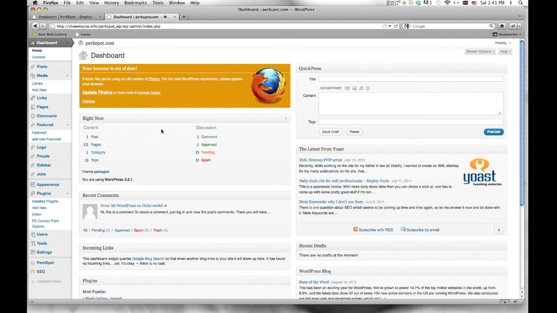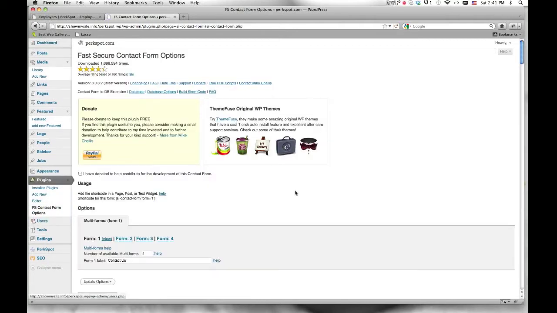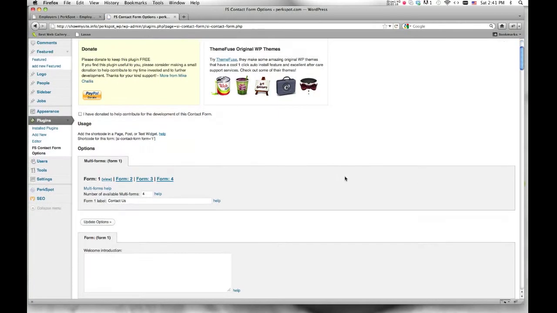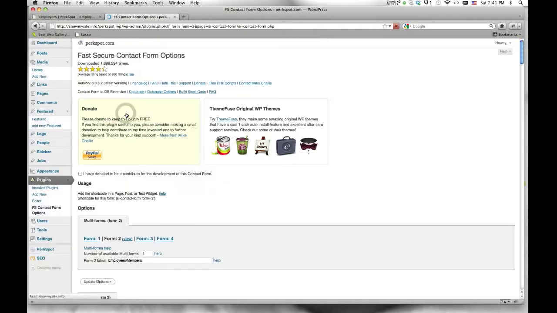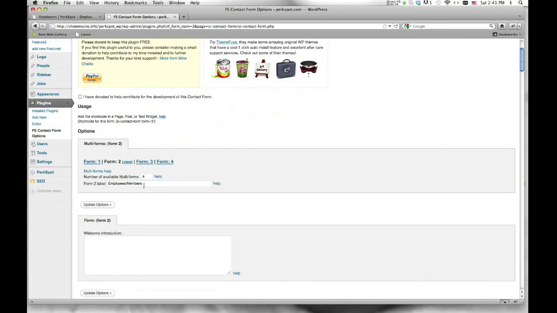Now I'm going to cover forms. Forms are driven by a plugin. So if we go into plugins and FS contact form, we will come to the settings for the forms. Currently we're using two forms, one for contact us page, which is form 1, and one for employees members page,